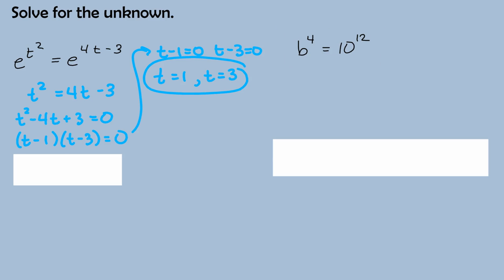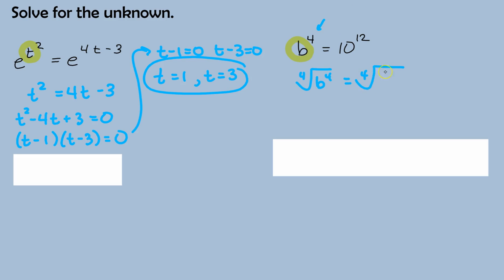Okay, this next equation is actually not exponential. See, to be an exponential equation, your variable has to be in the exponent. But in this equation, the variable is in the base. It's not an exponential equation. We can still solve it. What we can do is take the 4th root of both sides because we have a 4th power there. So if we take the 4th root,